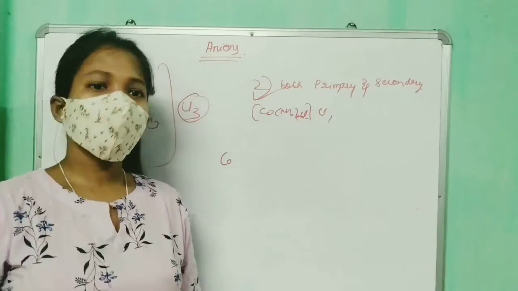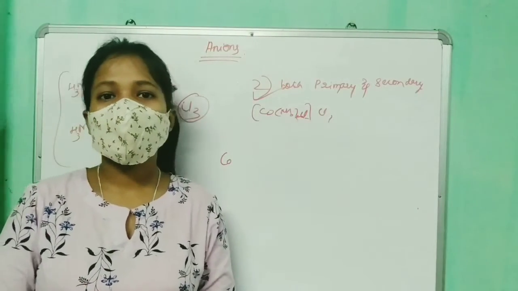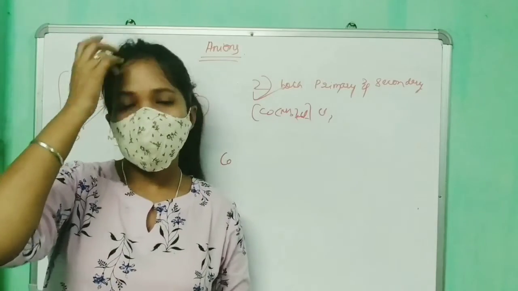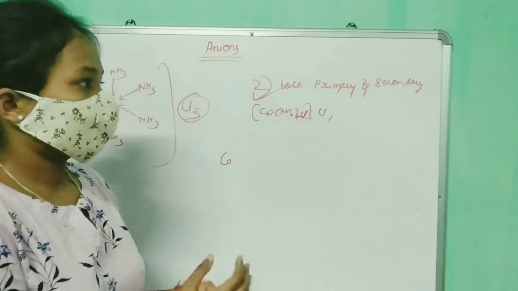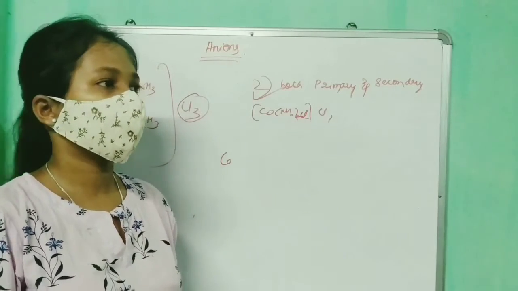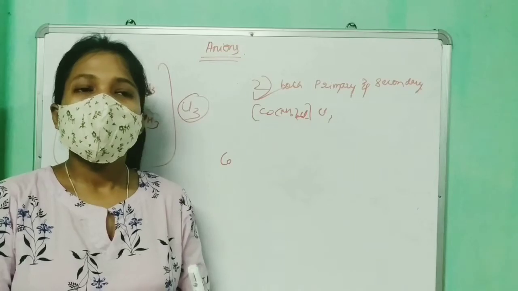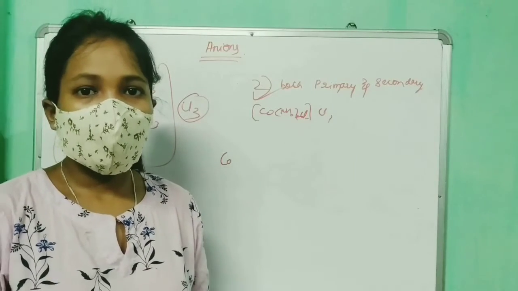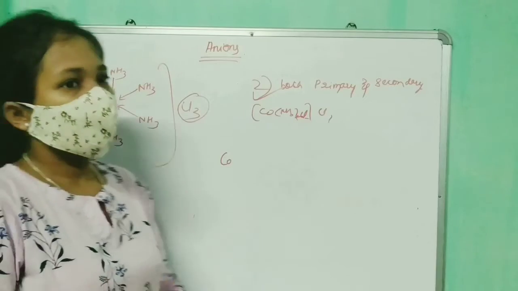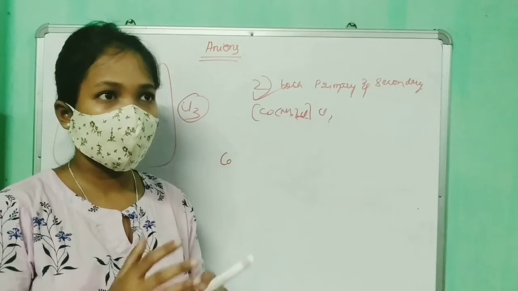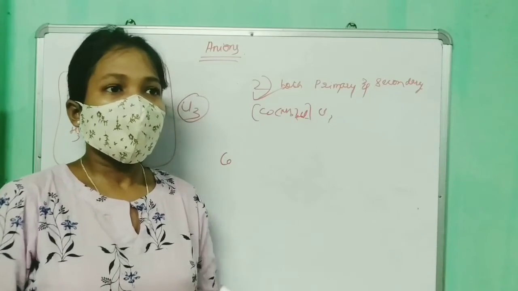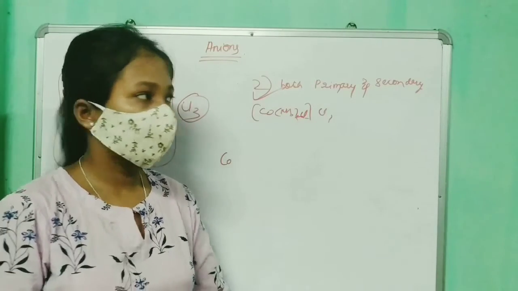alright, so sorry about that, but you see, Werner at that time, he or the other scientists also, did not have this idea of which one will be inside the coordination sphere, which will be outside the coordination sphere, which one will be ionizable and all of this. That was kind of difficult for them at that time, right? But Alfred Werner, what he did was, he created this amazing technique. It will be wrong if I say technique. He did this experiment, right?